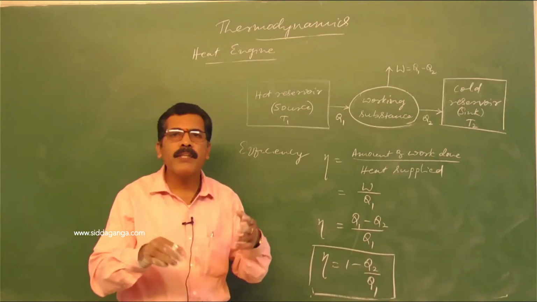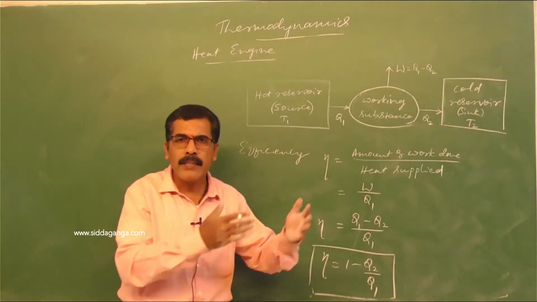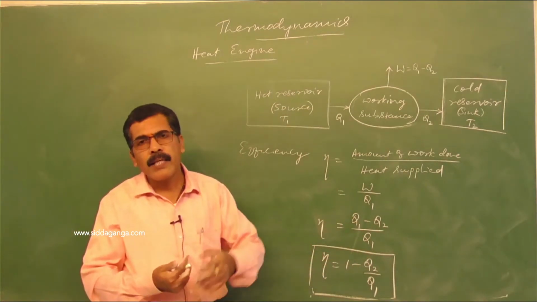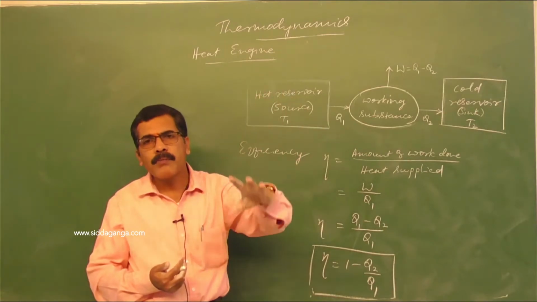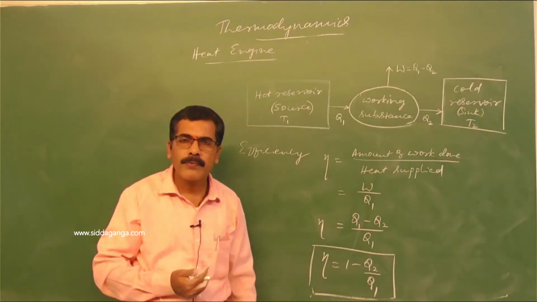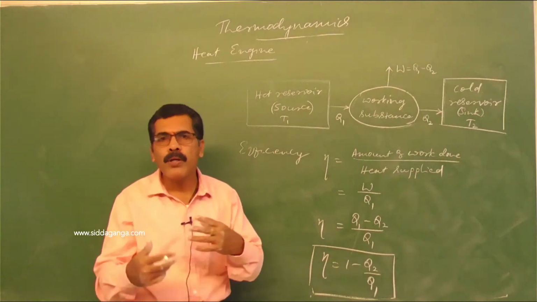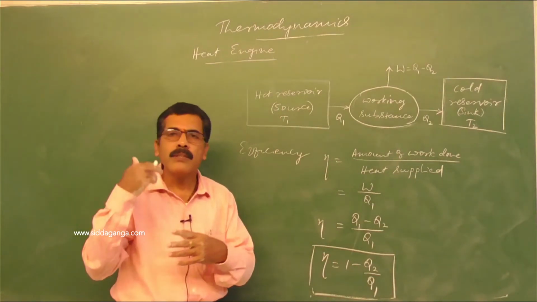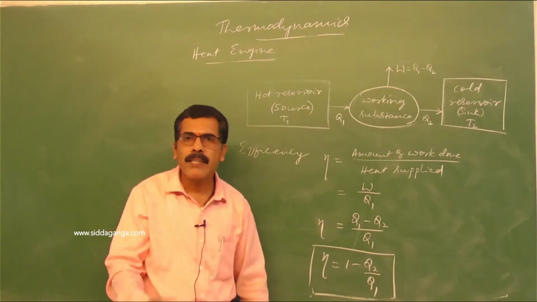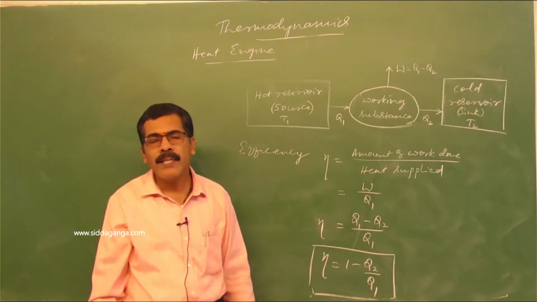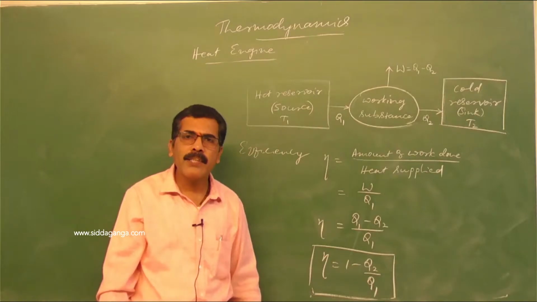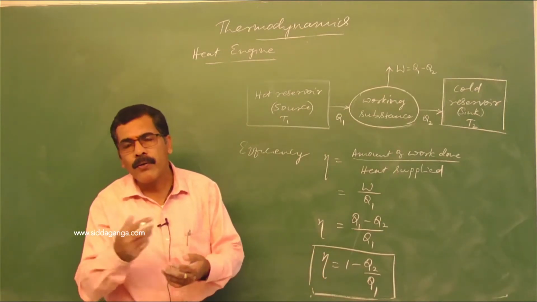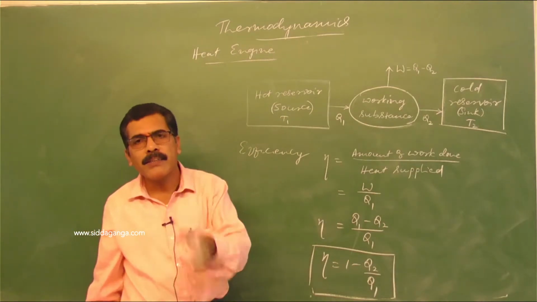So there are different types of heat engines: internal combustion engine and external combustion engine. Like, say, in an external combustion engine, the working substance is steam, which is ultimately going to do some work during the cycle of operation. Whereas in an internal combustion engine, we have a fuel, either petrol or diesel. So after combustion, it does some work.